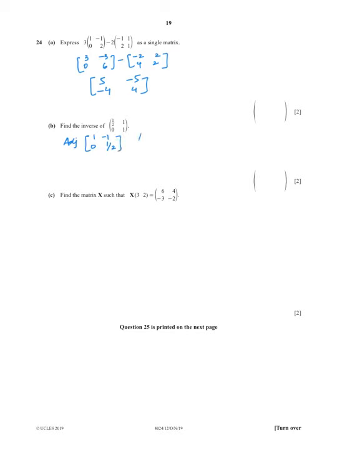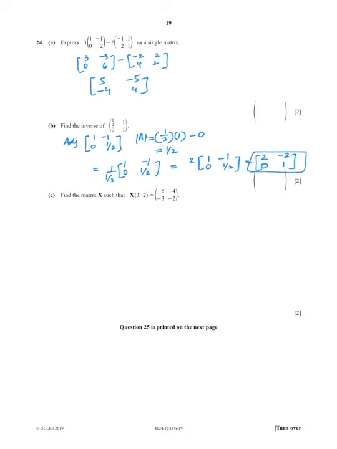So that is your adjoint, and you can find the determinant of the matrix, which is AD minus BC, that will be 0. So it's 1 upon 2. Now the inverse of this matrix is 1 minus 1 0 1 upon 2 divided by 1 upon 2, or you can say it is equal to 2 times 1 0 minus 1 1 upon 2. If you multiply 2 with all four elements, it will be 2 minus 2 0 and 1. So that is your final answer.